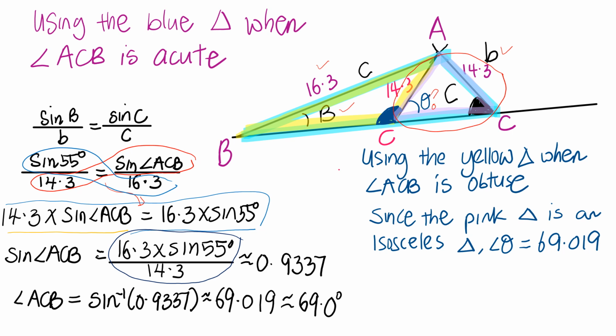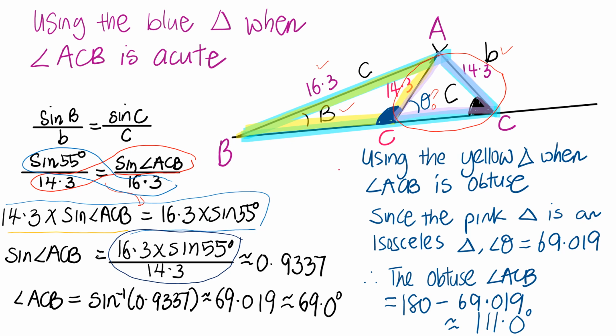So we have the pink triangle as an isosceles triangle. Therefore, this angle theta labeled on the diagram is also 69.019. And the obtuse angle ACB will just be 180 minus 69.019,